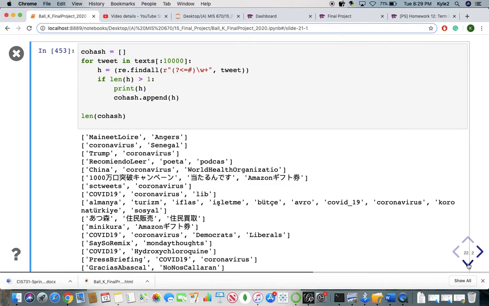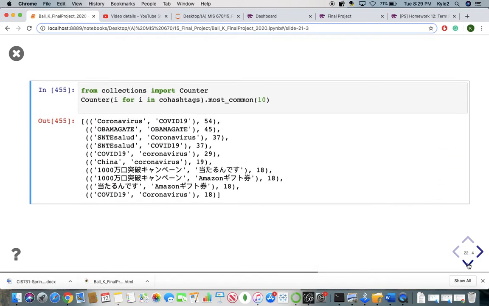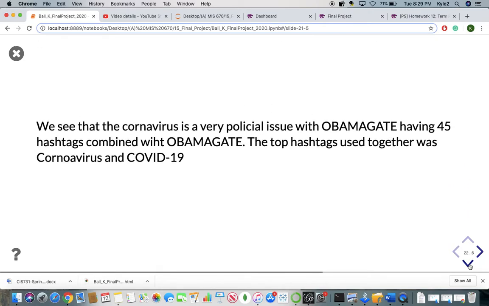So co-hashtags. These are hashtags in the same tweet that go together, that come up the most. So when someone hashtags, they're hashtagging that too. So some people hashtagged Obamagate twice. They're very passionate about that. And then coronavirus, and that was some speculation and blame on the past administration. But coronavirus and COVID-19 came a lot. China and COVID came a lot, and there's been a lot of blame put on China, and then Amazon. So some of these characters were able to get through even through my filters, which I thought was interesting. So I was wondering if that's because there was English in some of those tweets.